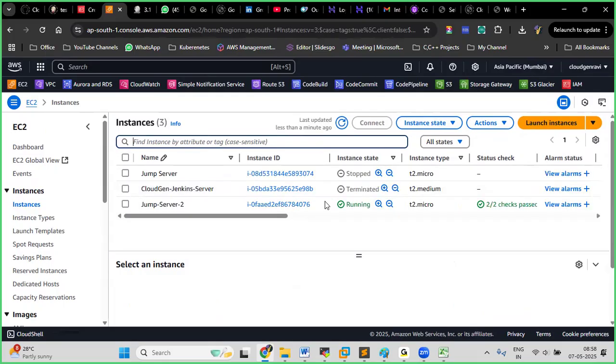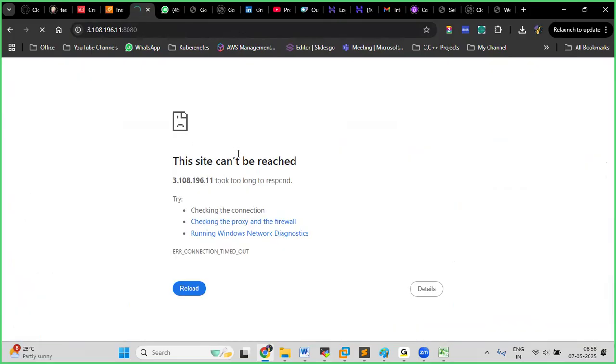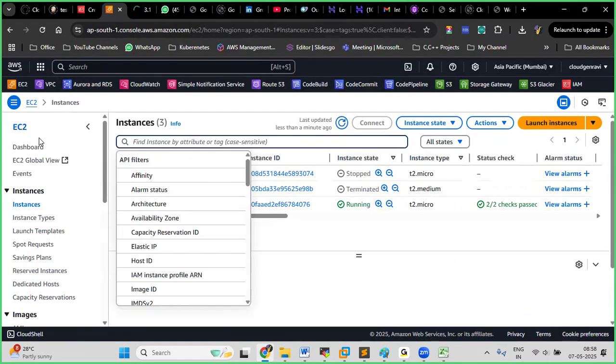Just wait. See guys, the CloudGen Jenkins server is terminated, deleted permanently. No more this server. If we try to run this one, see guys, the server is not available. No VPC, no security group. Okay. No more services. Now you can see here